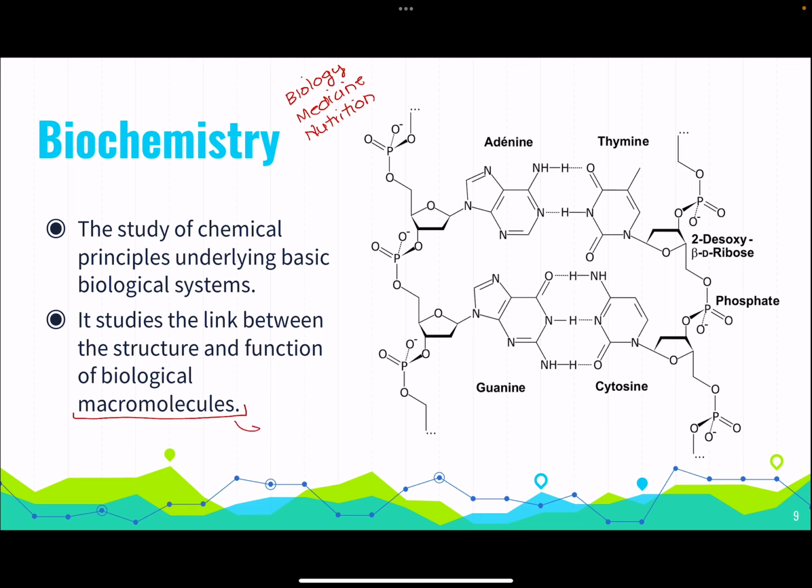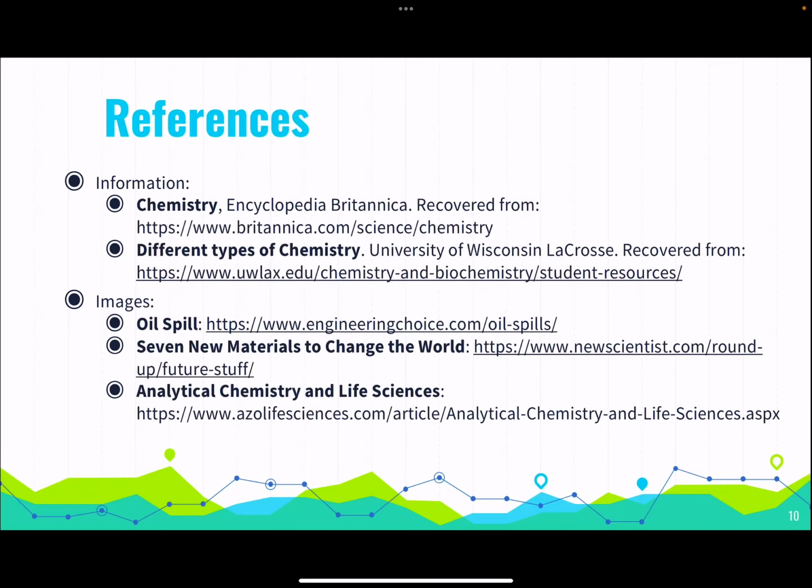Macromolecules are studied in organic chemistry because macromolecules are polymers of organic molecules. So this is studied in organic chemistry. But if we want to know how these molecules react with one another, we have to study biochemistry. So those are the 5 most important branches of chemistry. And if you see, chemistry is everywhere. It's from what we eat, what we drink, what we wear, what we do, how to get a better life, and that